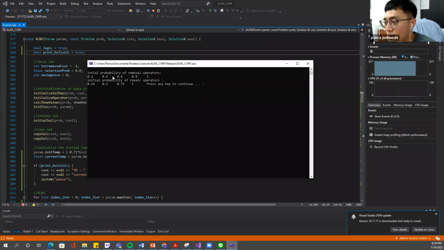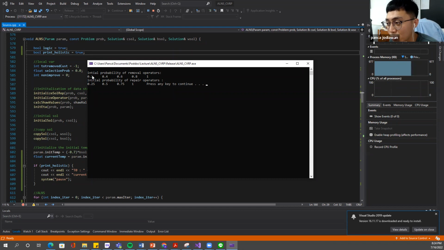So the initial probability of removal operators and the initial probability of repair operators, as I told in the earlier slide, should be equally likely. So the first one is 0.2, and this is the cumulative.